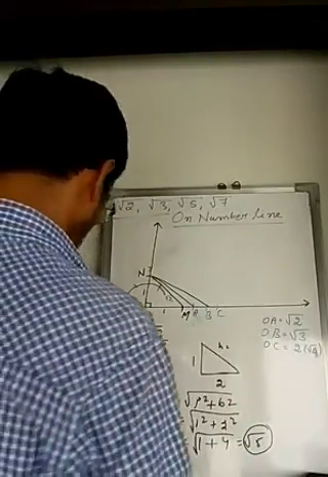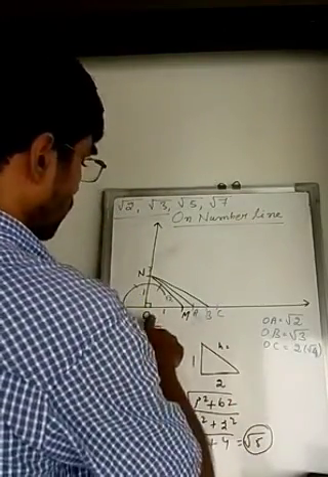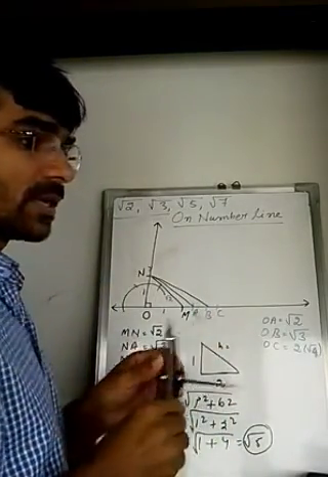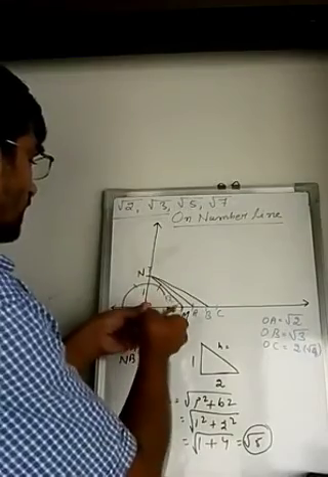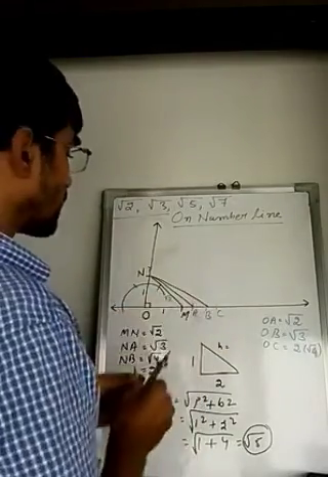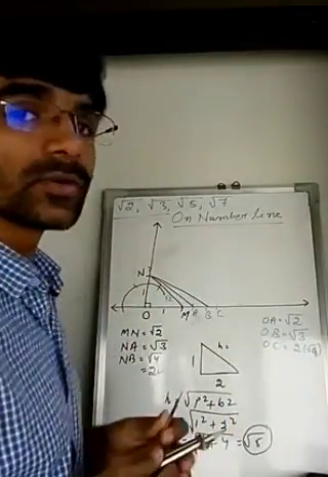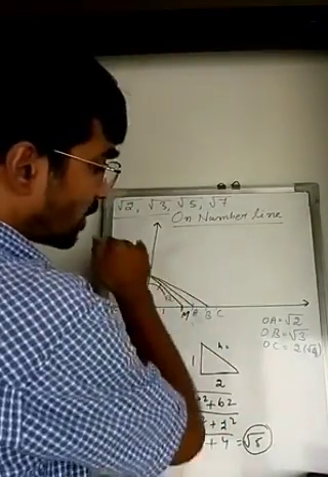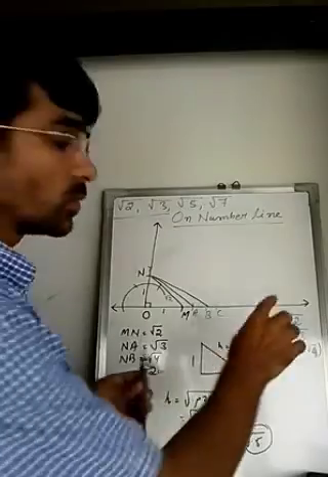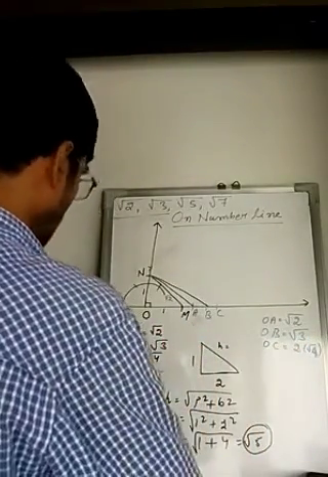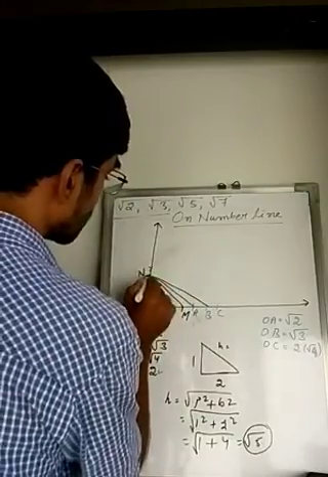So here, O to C already 2 is there. In this case you can take it with the help of a compass also. Whatever length you have taken, OM twice you have to take, and OL once you have to take. Then also you can get root 5. But here by default we already got 2 as the value, so no need to cut twice by the compass. So here I simply have to join NC.